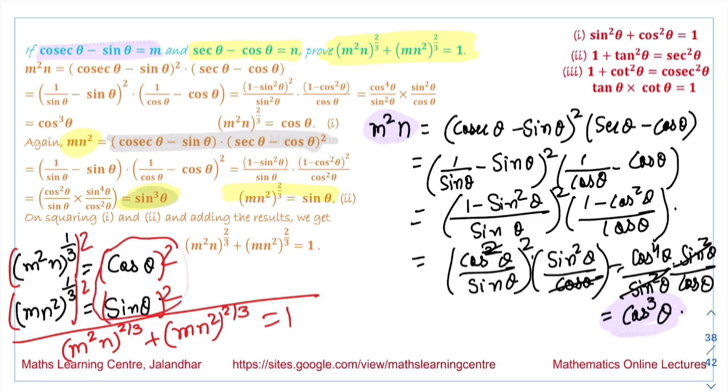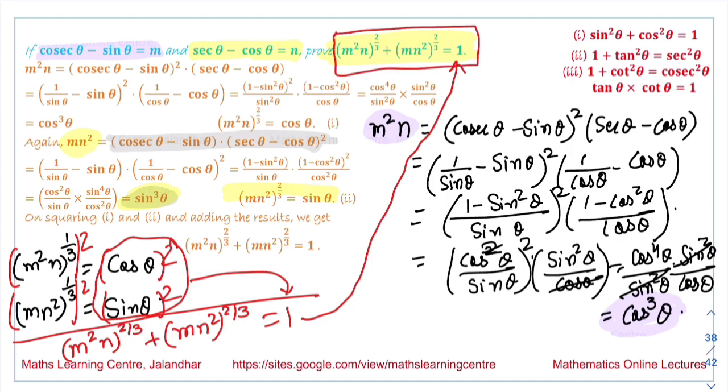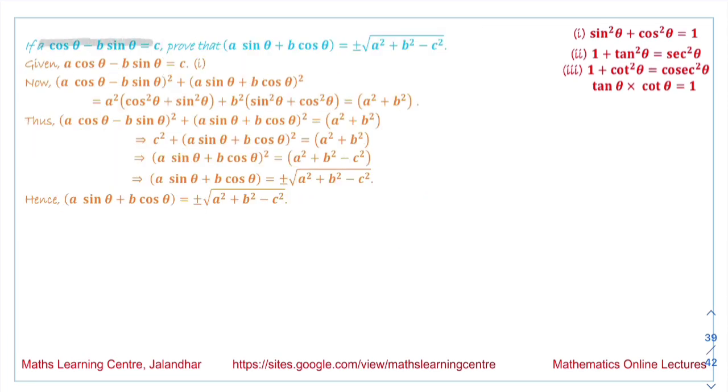Cos square theta plus sin square theta is equal to 1. So we obtain this equality, we have proved this equality. Next, if a cos theta plus b sin theta minus b sin theta is equal to c, we have